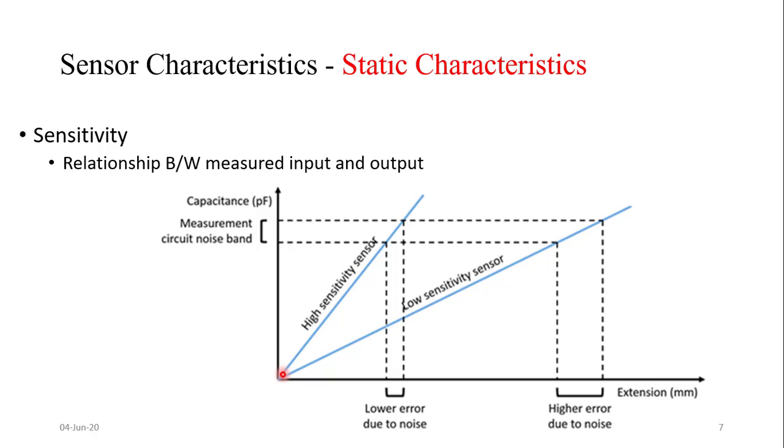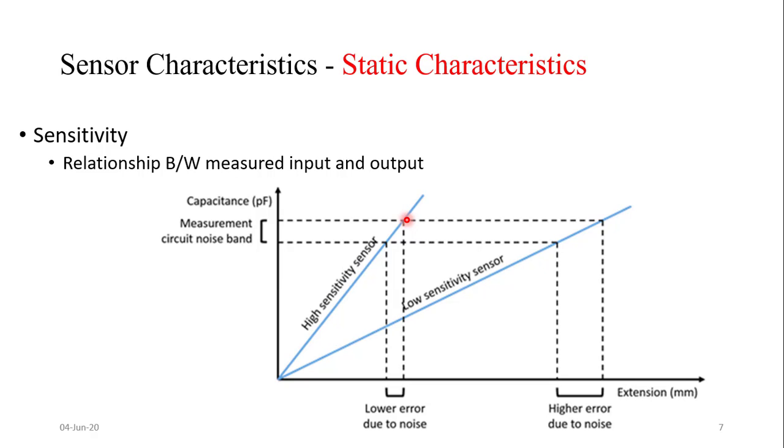Whenever there is a small change, the sensor could sense it immediately. Correct? Otherwise, the output would be different. There would be error in that case. Clear? See, if there is low sensitivity, see this error. The error is increased because your sensitivity is low. But if your sensitivity is high, although there is a straight line inclined somewhat to your x-axis, the sensitivity is different in both cases. So the error would be lesser if it is a highly sensitive sensor.